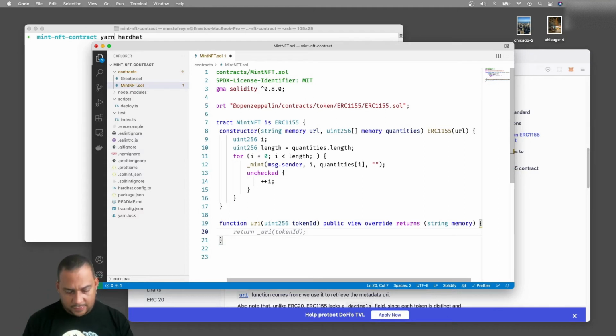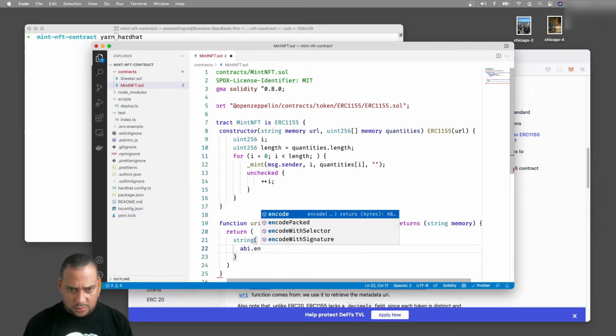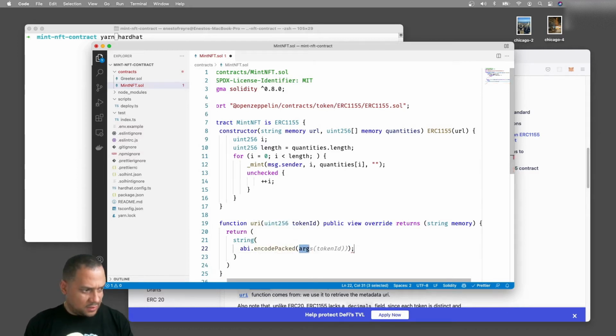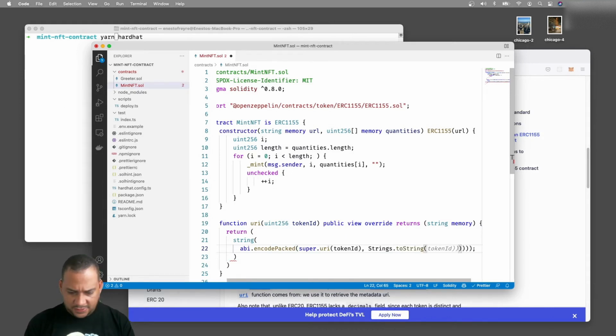Now, what we're going to return here will be a string, and that string will be the concatenation of the default function, that means super with the token ID, and we will use these strings import to string of the token ID.